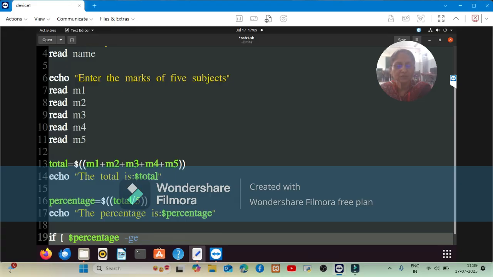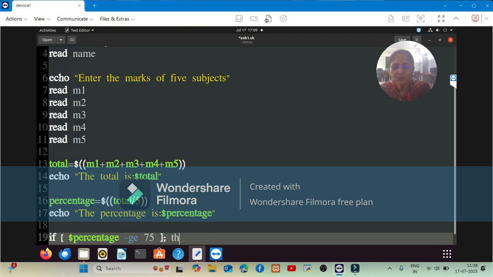So hyphen GE, which value? 75. Space, close the square bracket and semicolon. Normally in other languages there is no semicolon for the if condition, but in shell script there is a semicolon. You should note down all these things, okay?